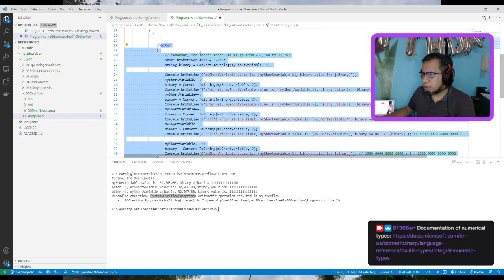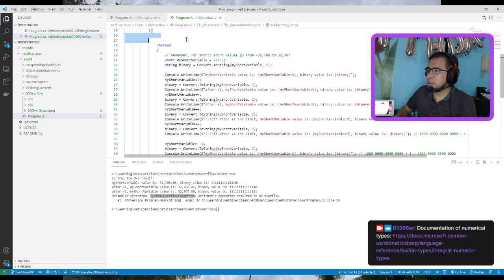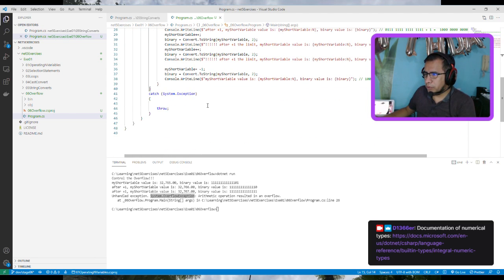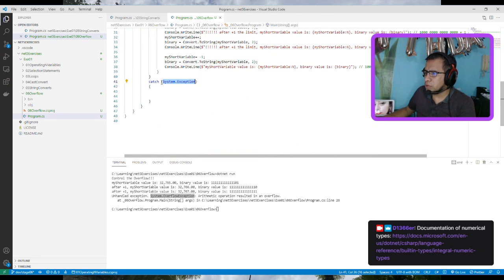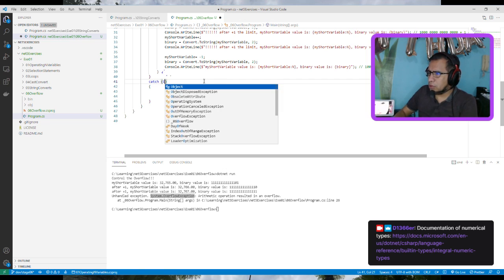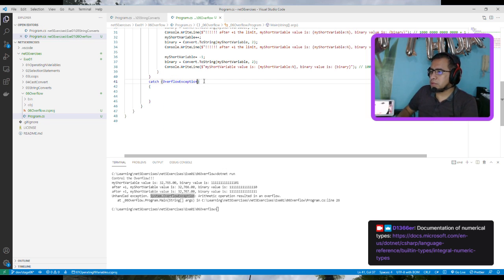I remember that I had something changed in the style, I don't remember why. We have this, and instead of this, we have OverflowException. I got System here, so using System, you don't have to specify it like this. So OverflowException. Okay,